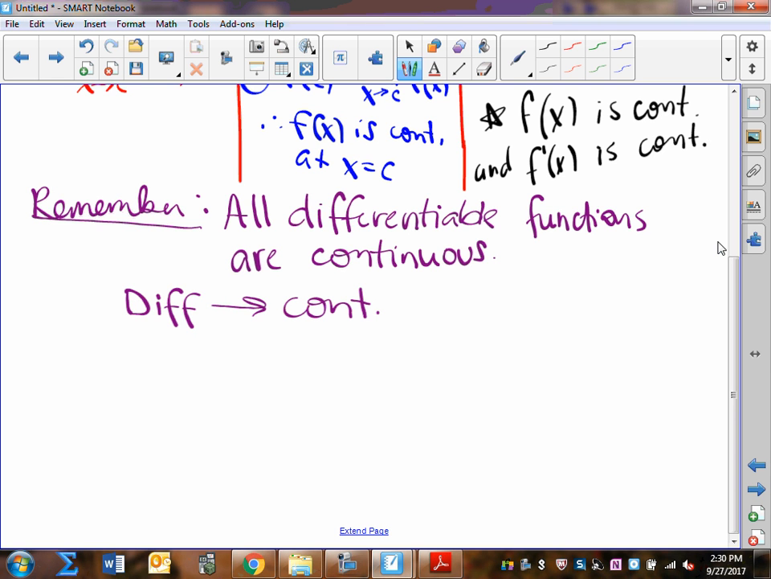And we talked about, can we go the other way? If it is continuous, does it mean it's differentiable? No. So be careful not